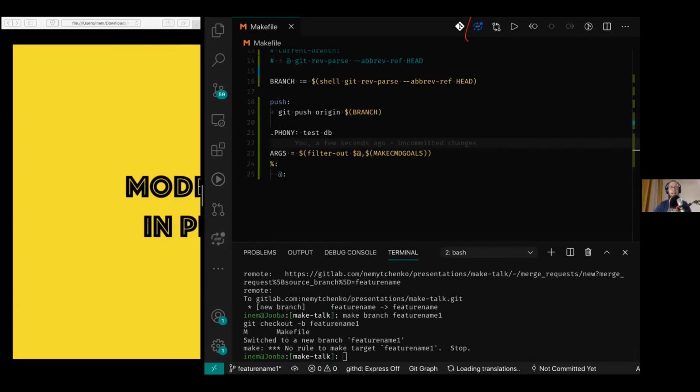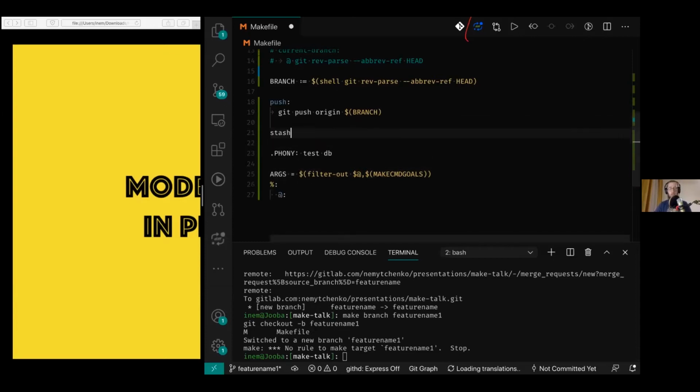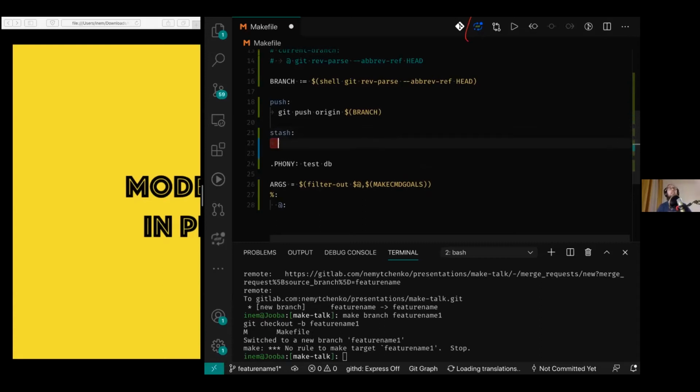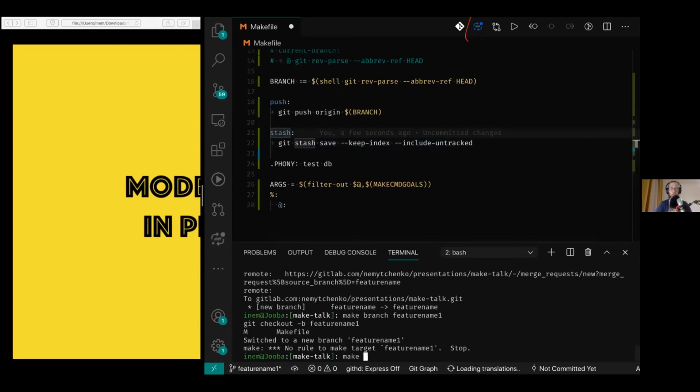So we solved this problem as well, and let me show you some more stuff. For example, another annoying thing for me is stashing. So how I do stashing. What I don't like about git stash without any parameters is that if I have something which is added to stage but not committed yet, and I run git stash, it will be stashed as well. I don't like this behavior, and one day I found this recipe which keeps the staged files untouched and only stashes the rest. And now I simply run make stash,